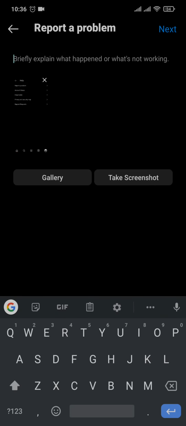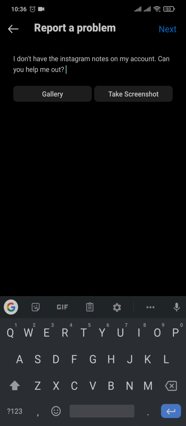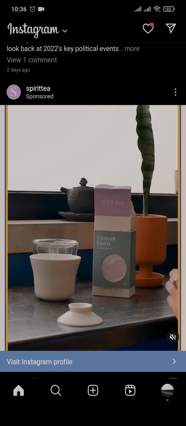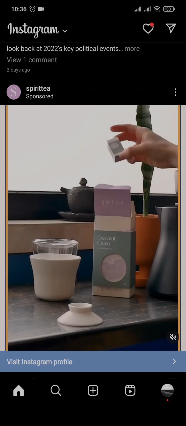Now after that, you can remove this default screenshot and then tap on gallery to add in the screenshot that you just took. And then you can type in something like this or maybe add your own and then tap on next on the top right. Now after you do these few steps, you should be able to get the feature of Instagram Notes on your